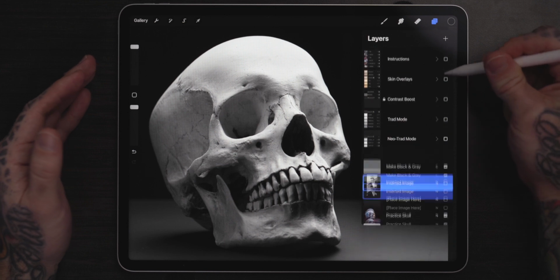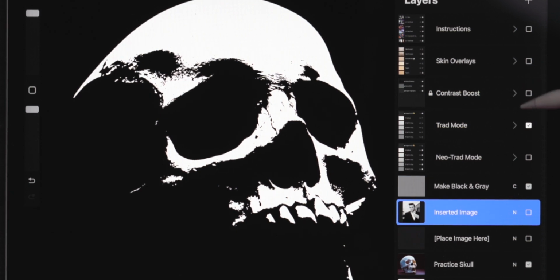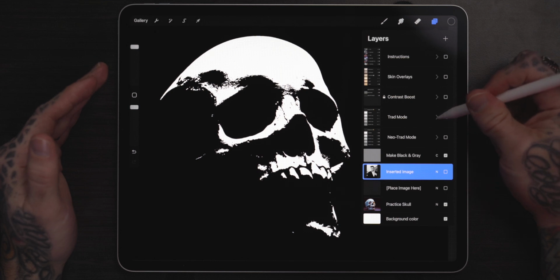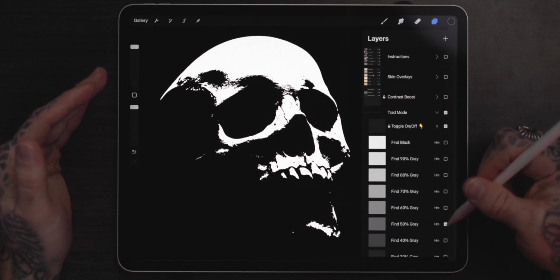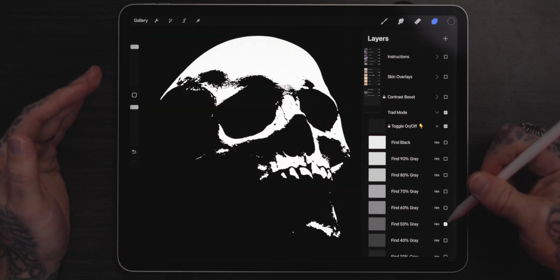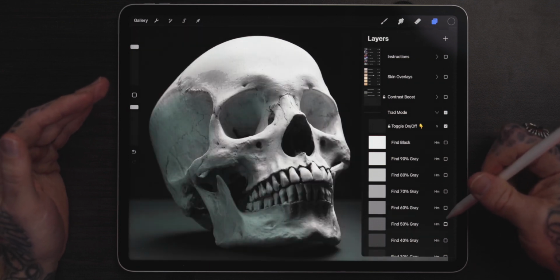Now, one of the interesting things that you can also do here is you can switch from Neotrad mode over into what we call trad mode, for lack of a better name. What trad mode is doing is really isolating a specific kind of moment in time. Depending on what you choose here, and at this point we have 50% gray toggled, you're going to see everything that's darker than 50% gray becomes black. Everything that's lighter than 50% gray becomes white. And so you can decide